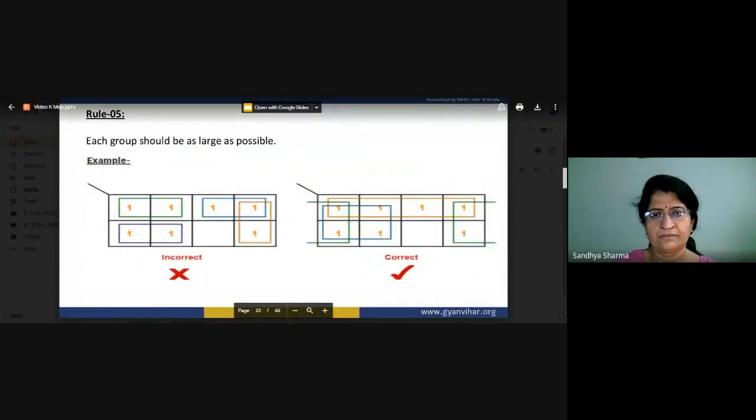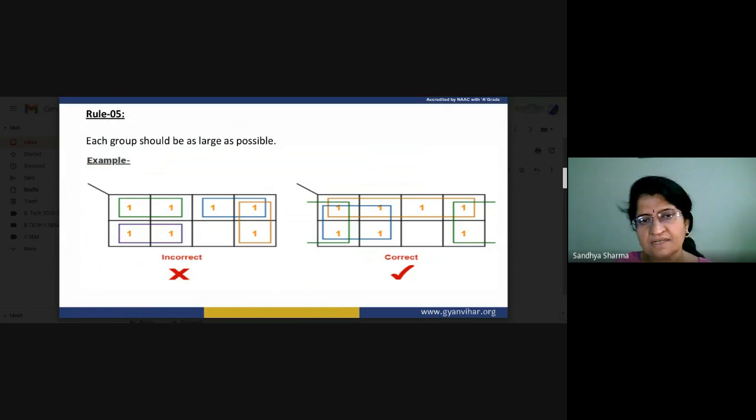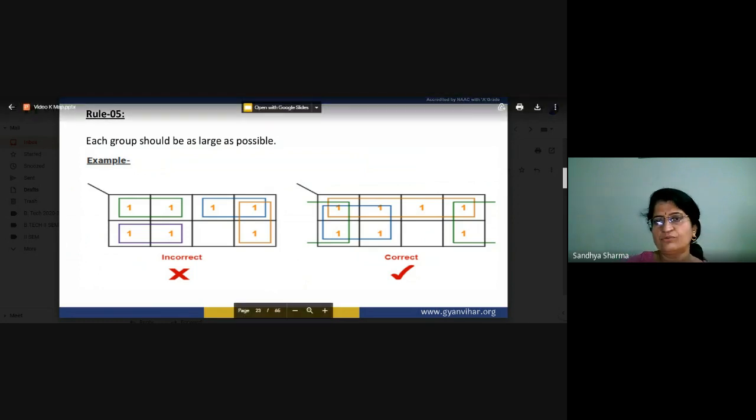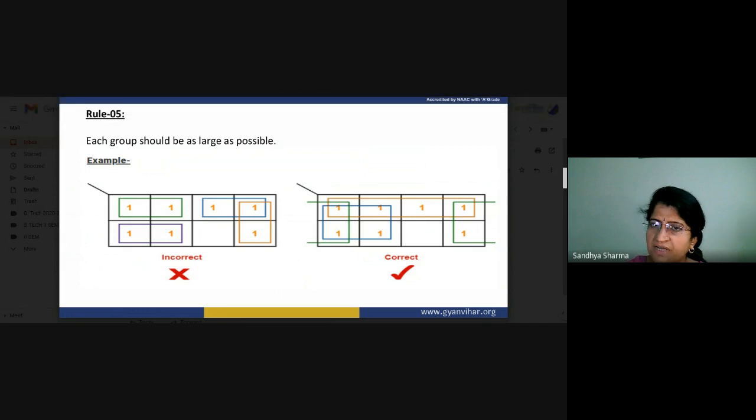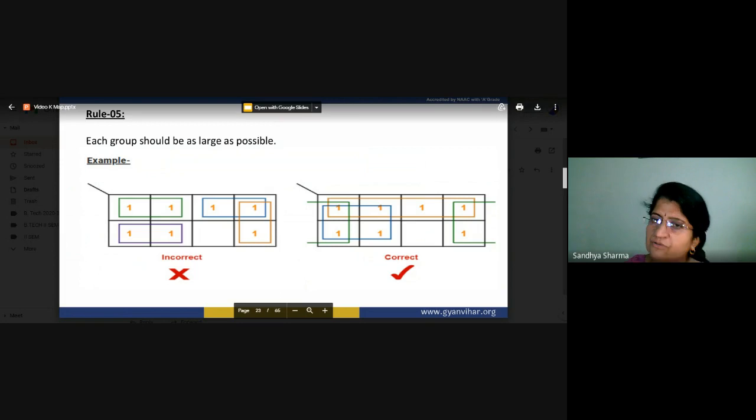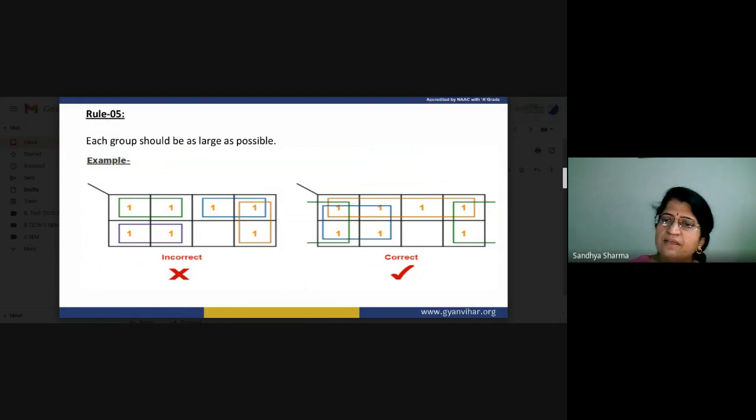Just see here, rule 5. If you are given a quad of 4, you can't make one pair and another pair. You have to consider it whole, so you have to make a 4. Now what will happen here? There is a 2, so you can make 2 and here 2. These two make a 4, and these two and these two are remaining, so you can again make a 4 by sharing 2. Again you have a remaining independent 1 that is not included in any group, so you can make it again 4 and 4. So this type of combination we can make, and we have to free at least one component.